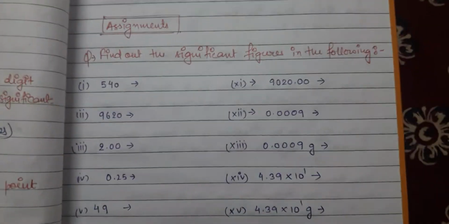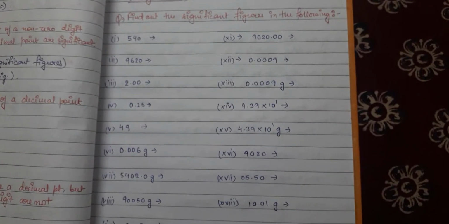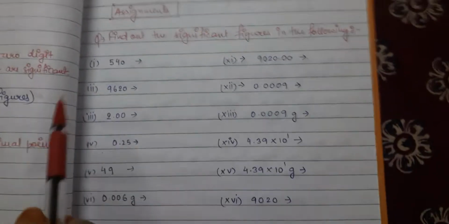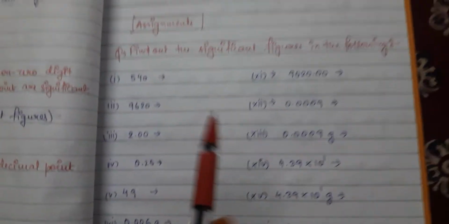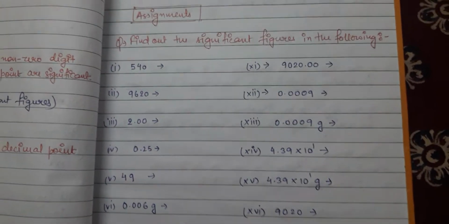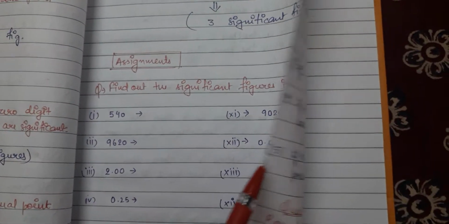So I am giving one assignment. Okay, just a quick assignment for you. 20 questions I am giving you. Okay, I will upload the PDF for this assignment as soon as possible. So these are the questions which I have given for you. These are all the questions based on the rules which we have studied till now. So you can go through the video and you have to solve each and every question, and if you are having any doubt, you can ask me.